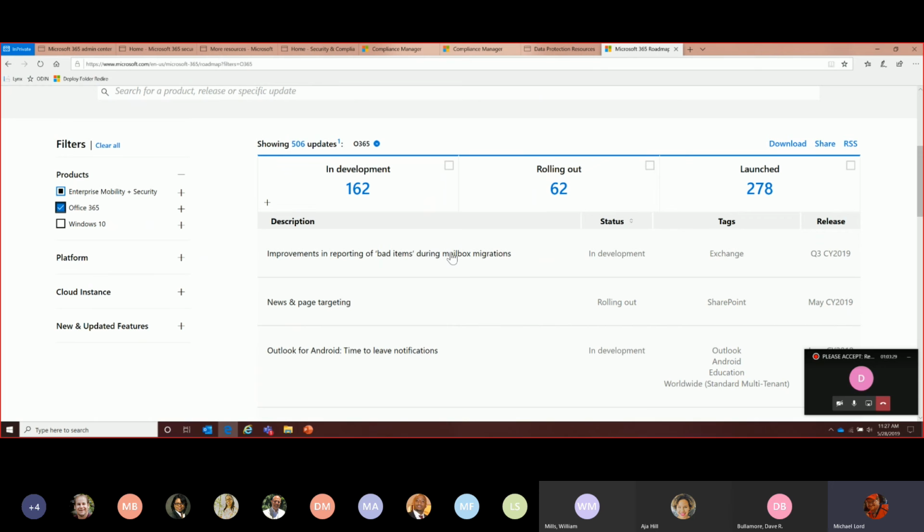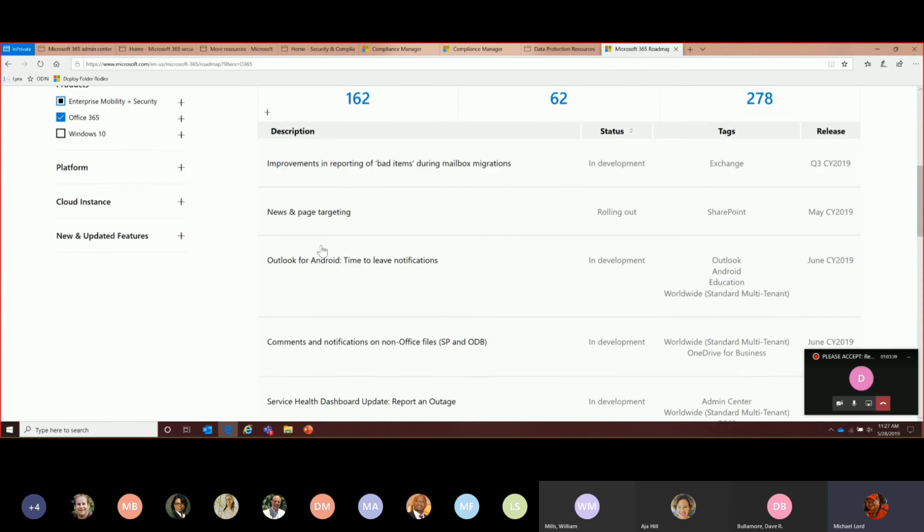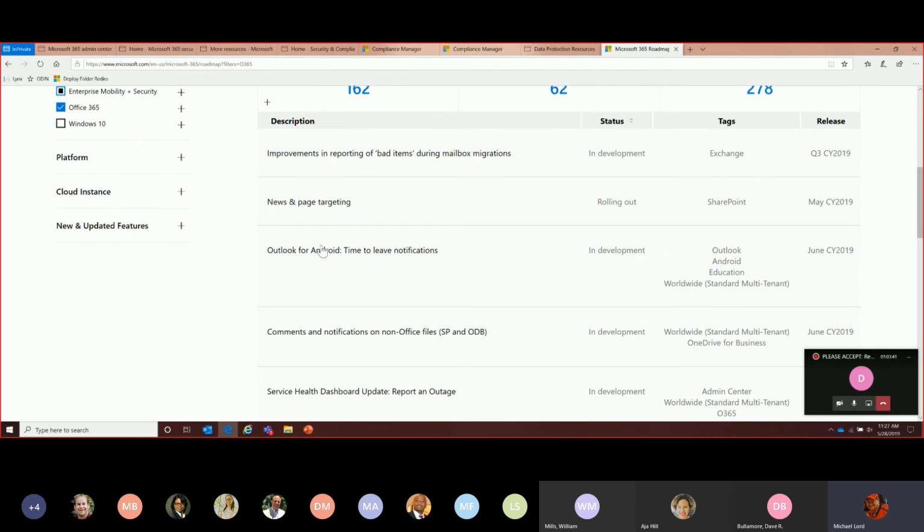So if you look at things that are happening in Office 365, there are 162 products in development, 62 currently rolling out right now. And most of the dates you will see are within this calendar year. We typically go through a 6-month planning cycle just because of the rate of change within technology.